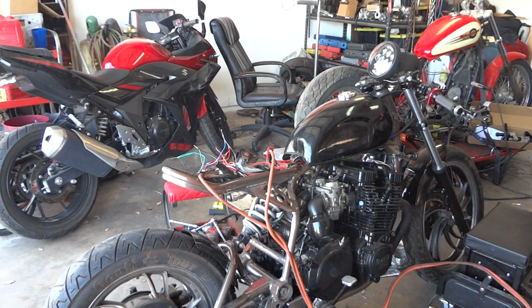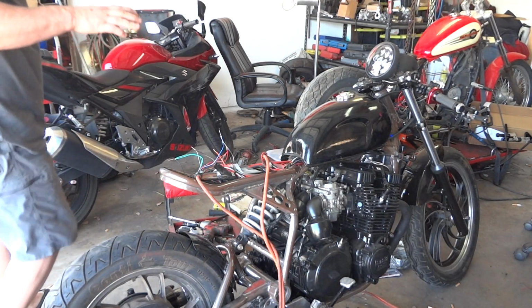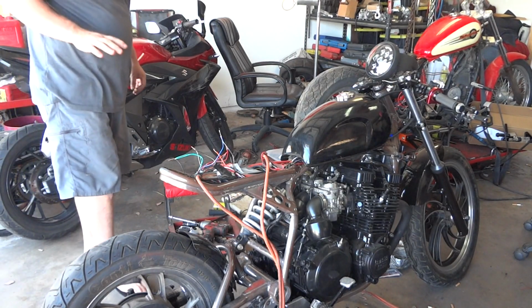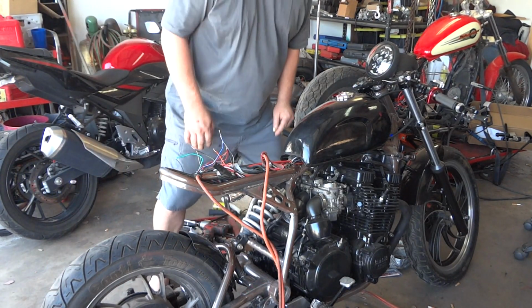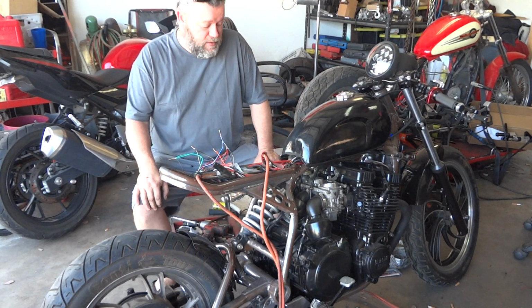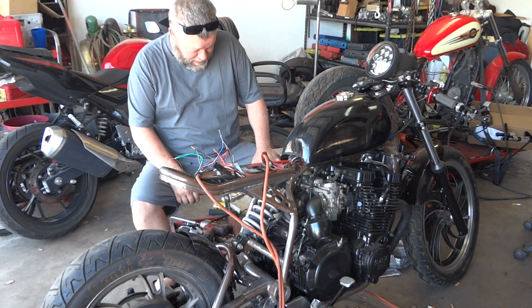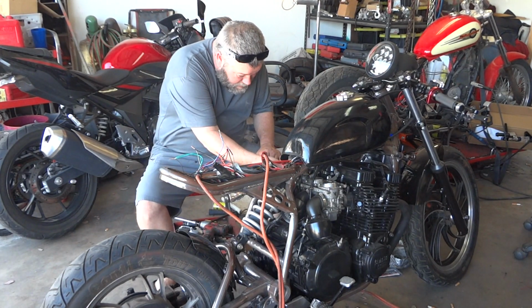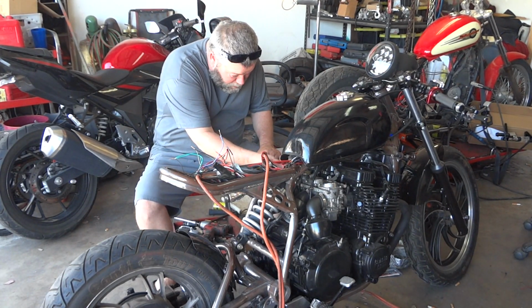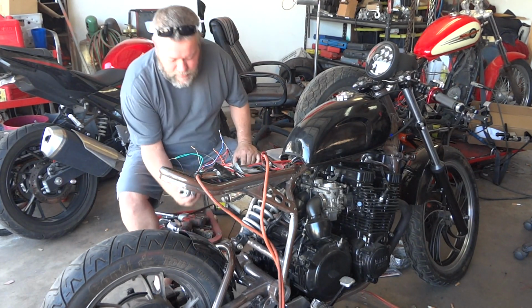Well, hold on, guys. I'm not sure what the heck's going on. All right, so I went and checked everything, made sure all the cylinders were sparking the way that they should. Looks like we're having a bit of a fuel issue, which is kind of shitty because we rebuilt the carburetors, and maybe I just didn't put enough fuel in the gas tank or something stupid. It's so hard to tell with these clear fuel lines if there's actually fuel in there or not. But